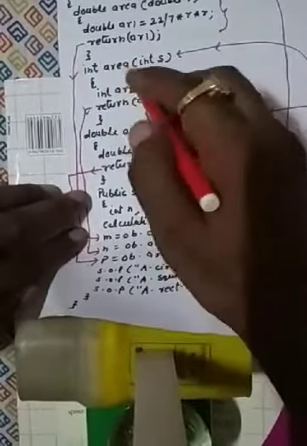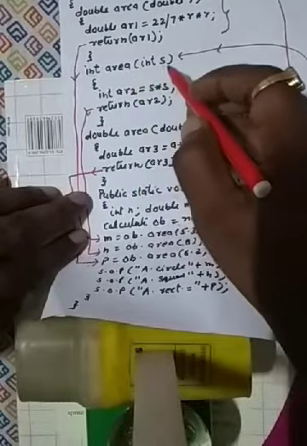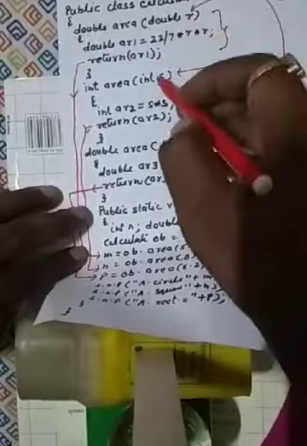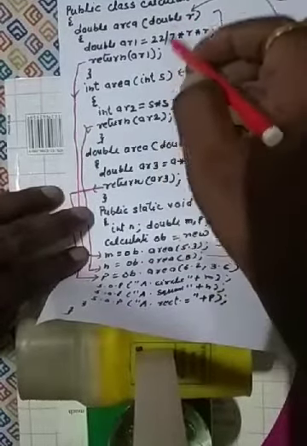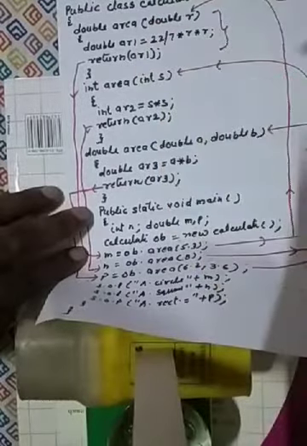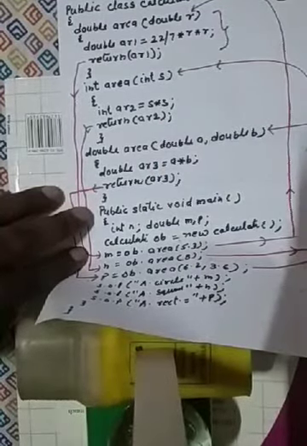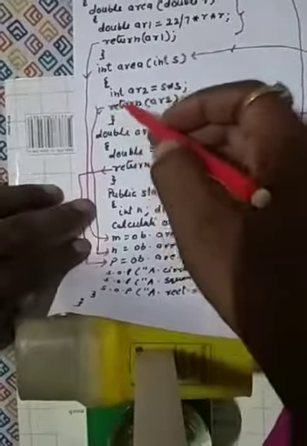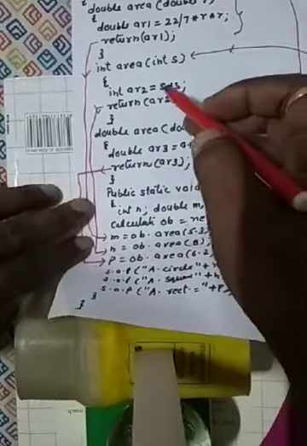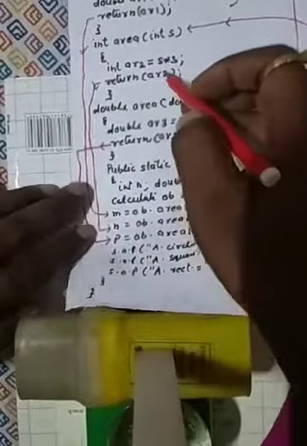And second, again we are taking the function name area, same name, with an int. But here there is one parameter, and here is also one parameter. But what is the difference? The difference is here it is double and here it is int. So they should be distinguished by the parameters, as I told you in the definition earlier. Okay. So int AR2 is equal to S into S. How will we find the area of a square? Everybody knows about it. Now return AR2.